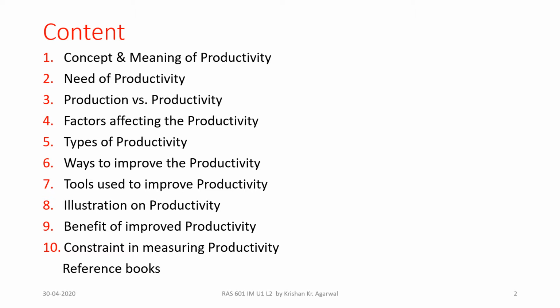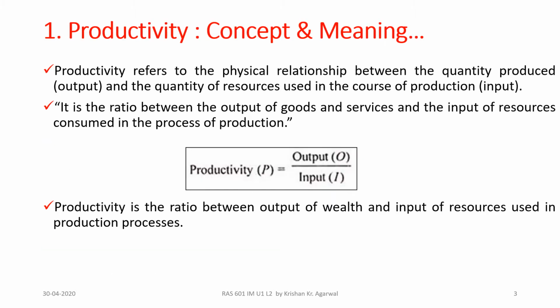So to start with the concept of productivity, productivity refers to the physical relationship between the quantity produced and the quantity of resources that are used to produce the goods. Like, for an example, we can say that if we want to find out the productivity, then we have to take the summation of all the outputs produced in terms of volume,